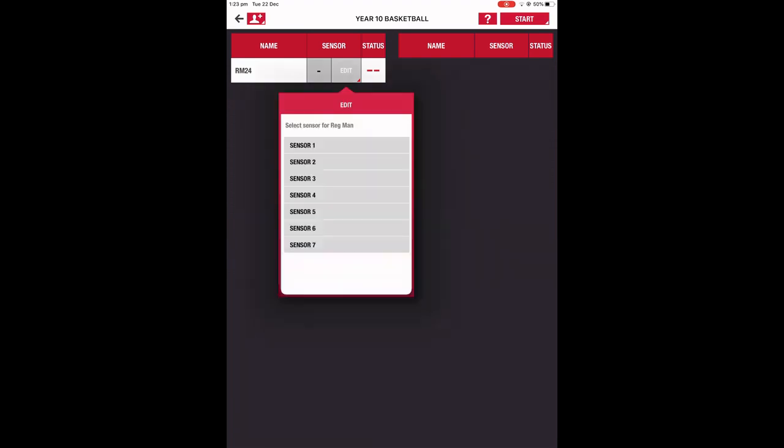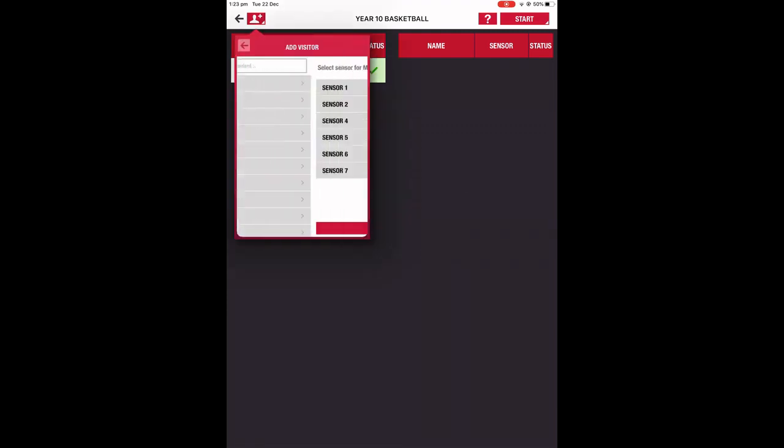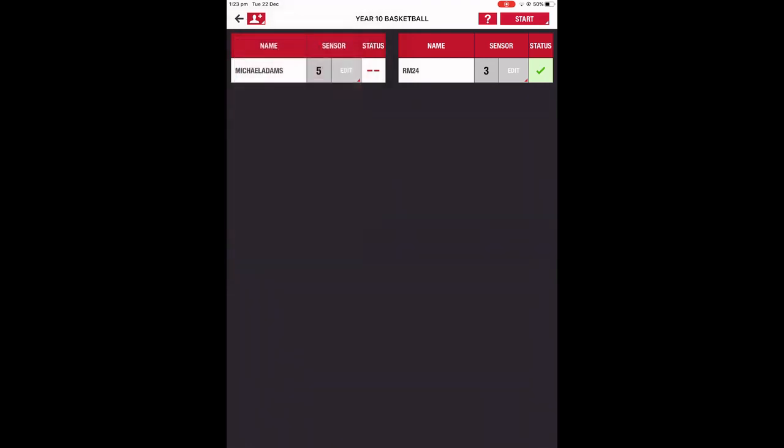If I go select, this is the screen that you would get just prior to starting the class, and this is where you can make sure all the sensors are assigned successfully to your students. So if I go edit here, I know I'm wearing sensor number 3, so I'll just hit sensor number 3, and we get a green tick when it's registering the heart rate. If we wanted to add further students, we just tick on the name, ask them to grab a sensor, say they go grab number 5 off the rack. You tell the system they've got number 5, add visitor. Of course, it's not going to come up now because I don't have this individual with me and they're not wearing a sensor, but I'm wearing a sensor now and I am RM24, so if we then go start,